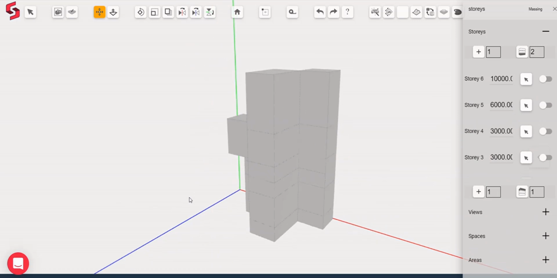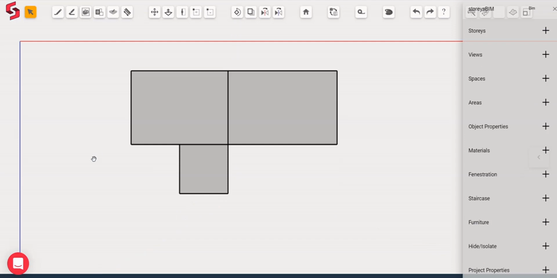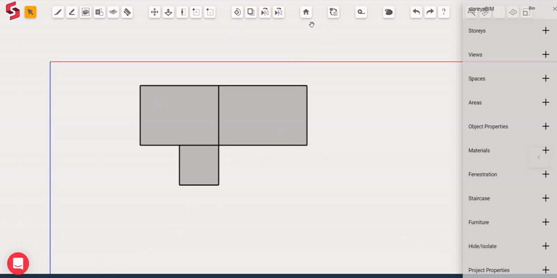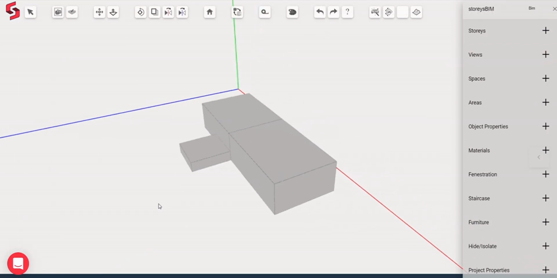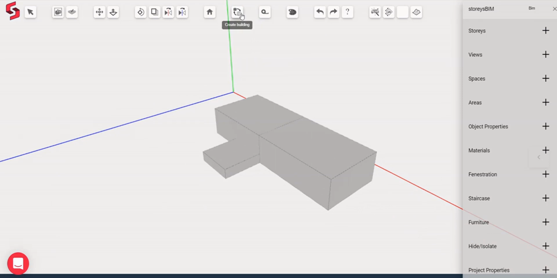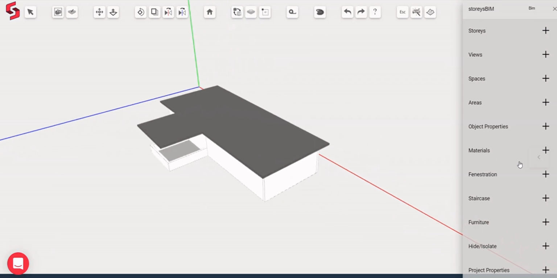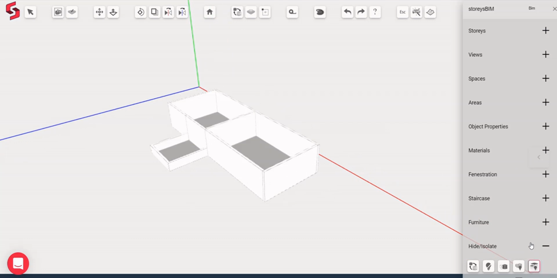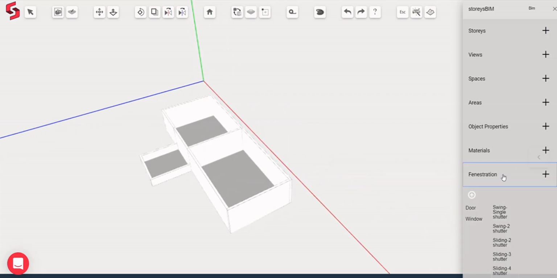Stories also works well with BIM projects. Let's go ahead into a BIM project. I have 3 masses already created here with a balcony. Let's hit create building. I'll hide the slab. Let's add some doors and windows.